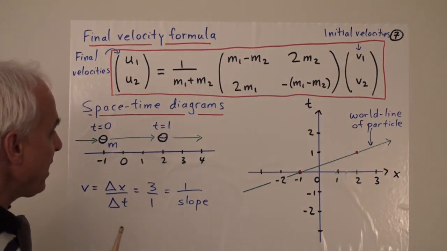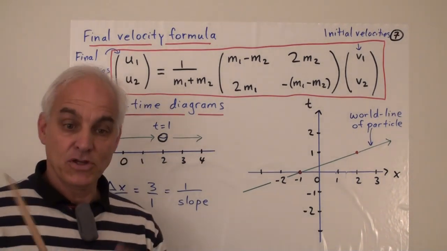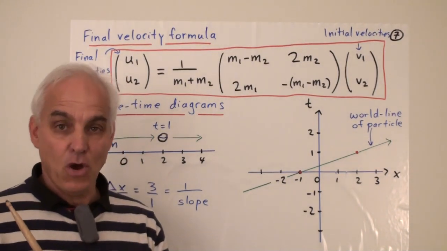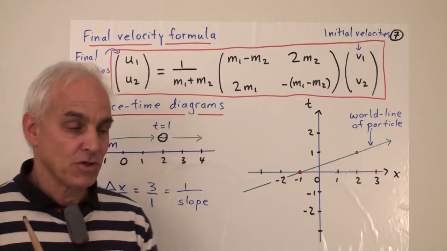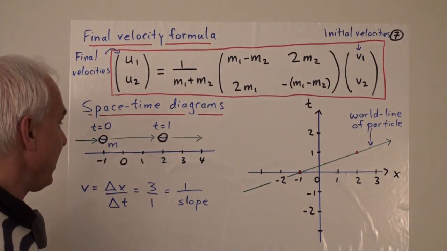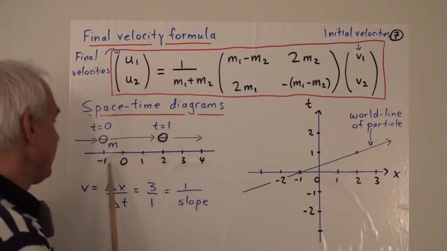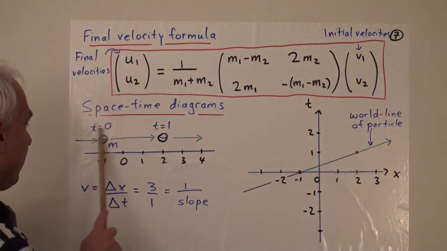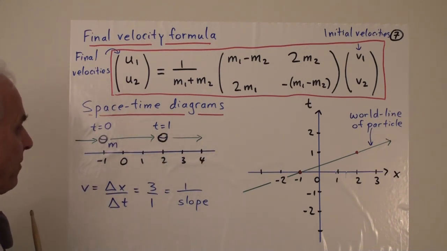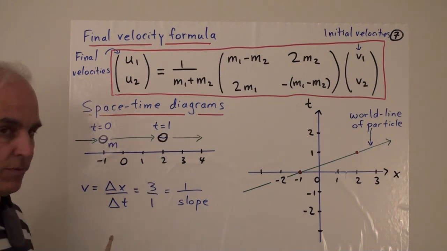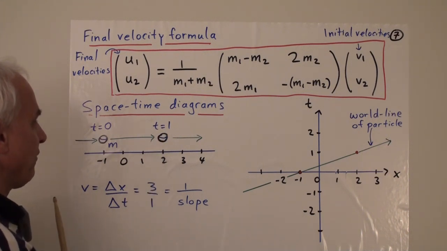What we want to do is think about a particle moving along a line in terms of two coordinates. To describe this particle, we really need to know at any given time where it is and what time we're talking about. So there are really two coordinates involved for any position of the particle. For example, here's our little particle, say of mass m, and at time t equals 0, it's at position -1, and it's moving in this direction. A little while later, 1 unit of time further on, it's moved to position 2.